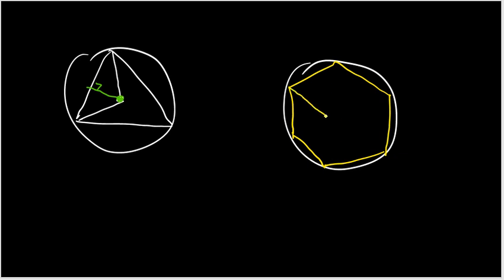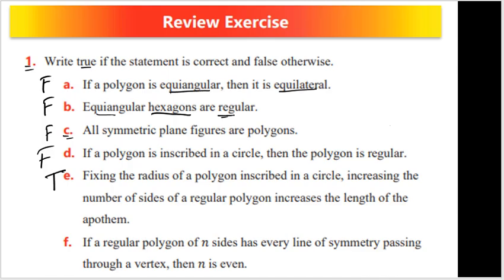When we increase the number of sides, this is still a radius, but the apothem length will increase, because the polygon gets flatter, so the distance from the center to the side will be larger. As the number of sides of a regular polygon inside the circle increases, the apothem will increase. That is true. And when you go to F,